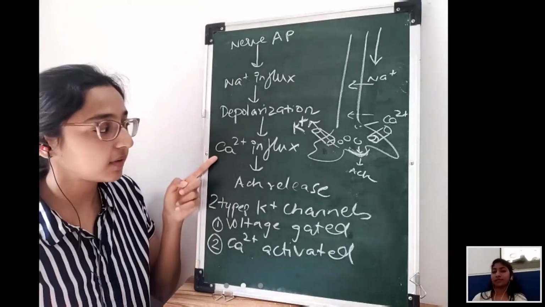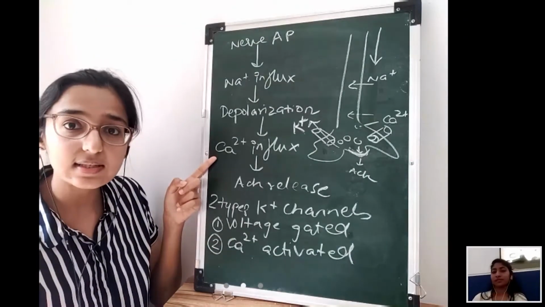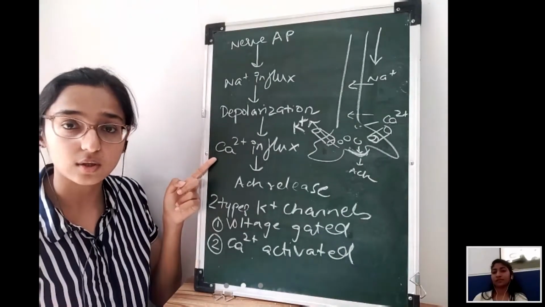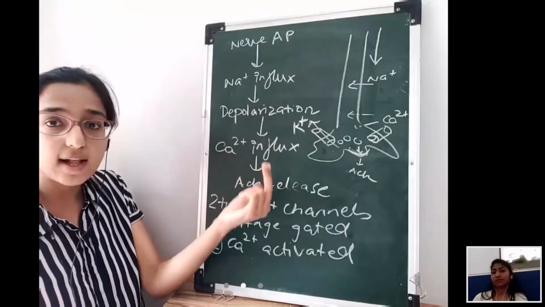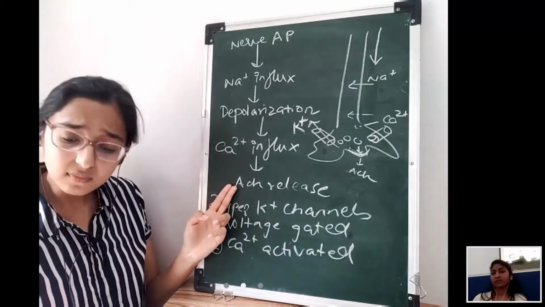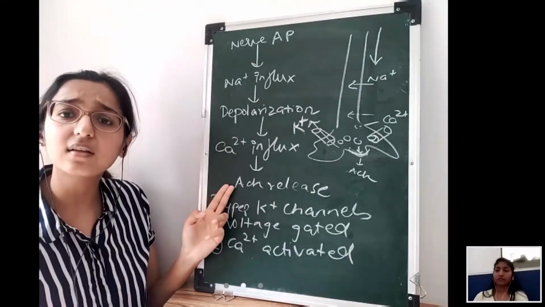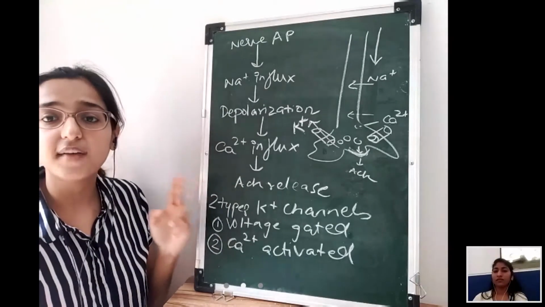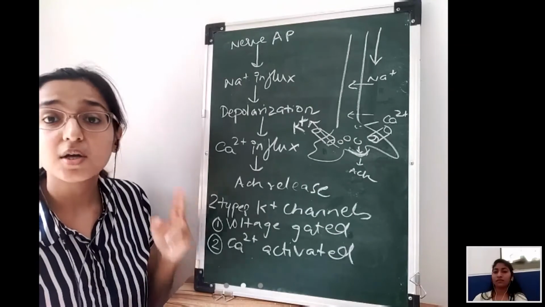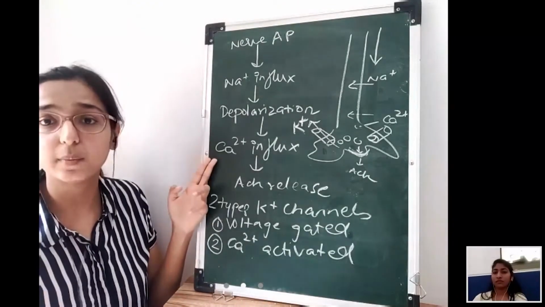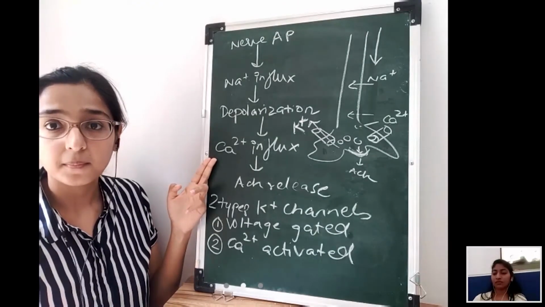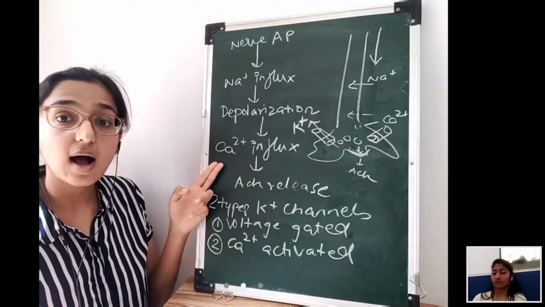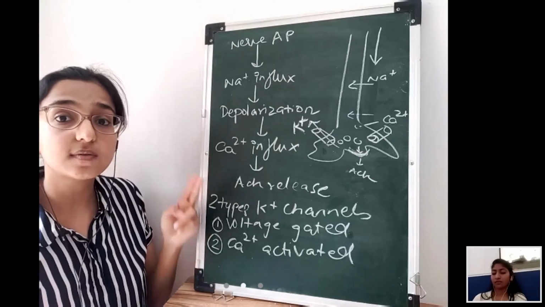Similarly, if you double the calcium concentration, double the amount of calcium is entering, and it will double the acetylcholine release. So a very important factor in acetylcholine release and the strength of muscle contraction is the calcium influx. Ahead we'll understand how this is affected in patients with eclampsia.